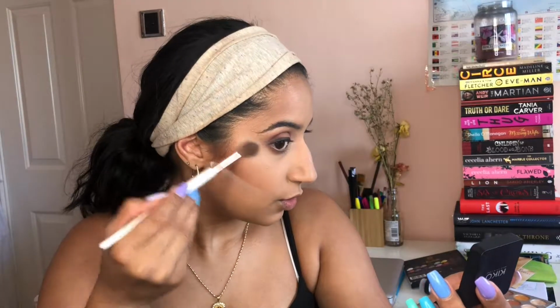For highlighter, I think I'm going to go in with the NYX Strobe of Genius palette. I'm just going to take this shade, mix with this shade. And then I'm going to put some Kiko on as well. Just pile it all on. Then just a little bit above the brows. Just the bake off. And then if that bronze wasn't enough, I'm going to go in with some NYX bronzer